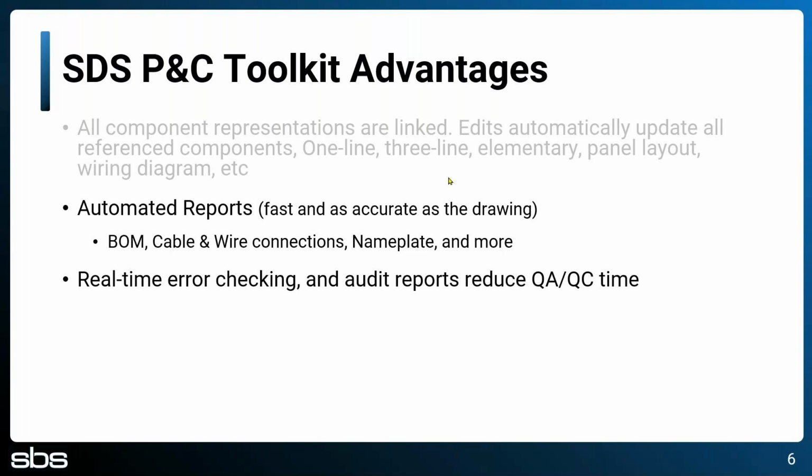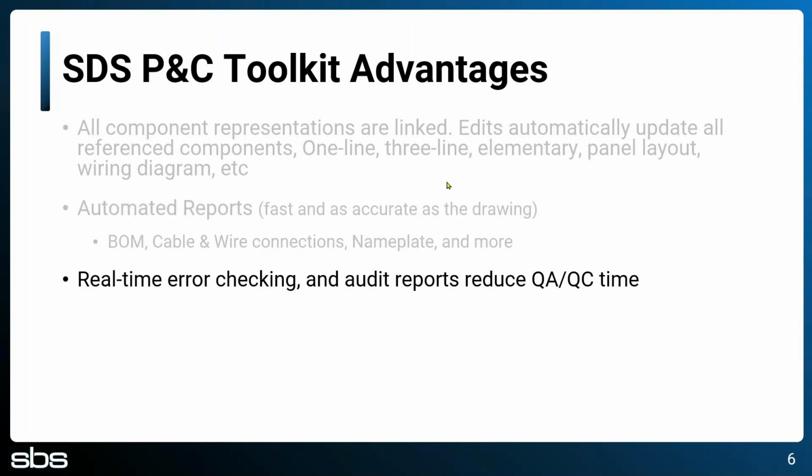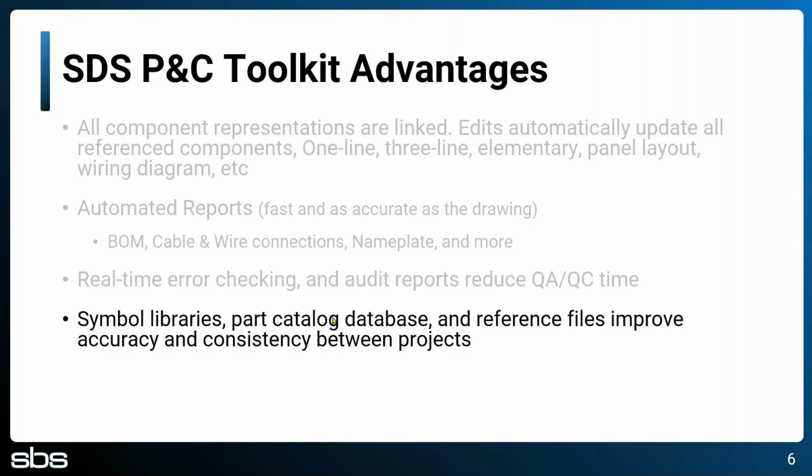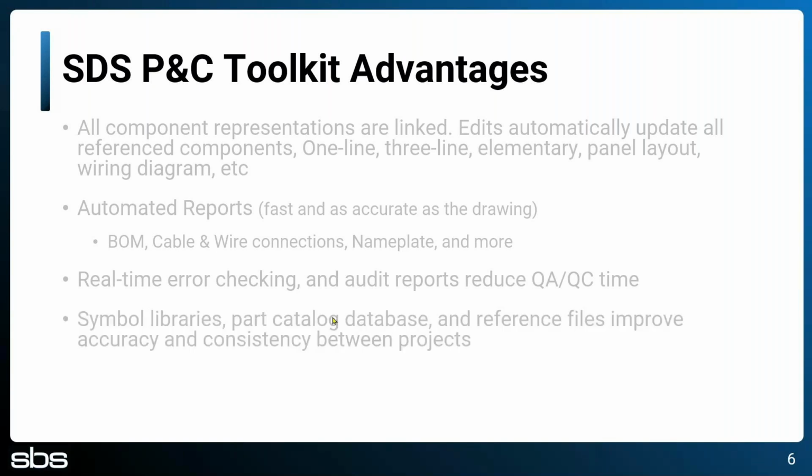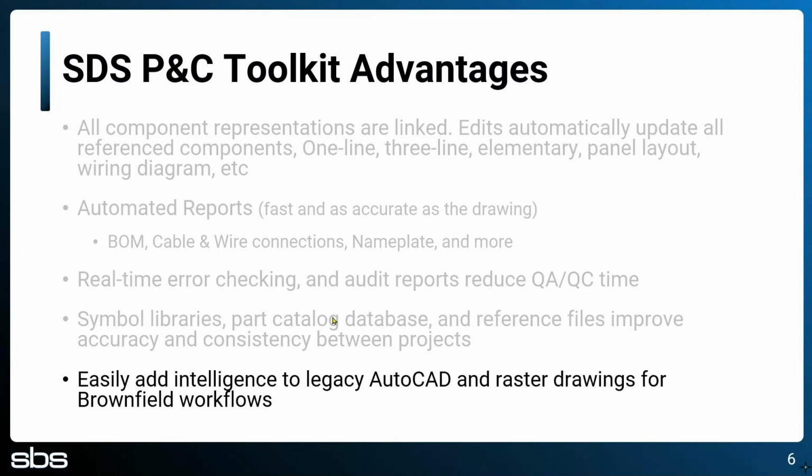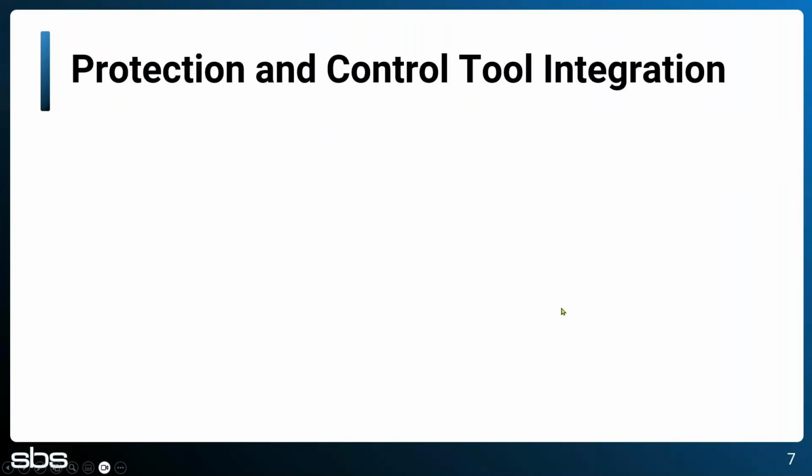automating the tools that are very redundant, very time-consuming, not using specialized tools. We also include real-time error checking and audit reports, both from AutoCAD Electrical and our toolkit. We provide symbol libraries, part catalogs, and other reference files specifically for the utility industry to help get you started and help working. And we have several brownfield workflows. I'll be showing one of those today to easily add intelligence to your AutoCAD and even raster drawings that you're